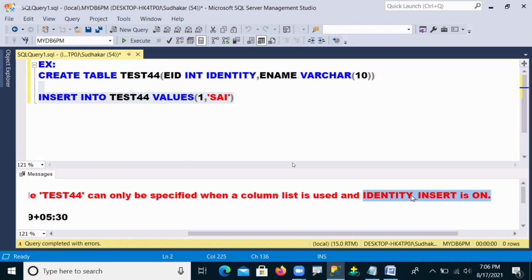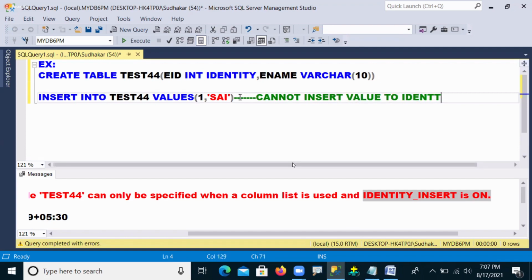So whenever you set this identity underscore insert property to on, only then can the user explicitly insert a value for the identity column. Otherwise, the user cannot insert a value into the identity column.